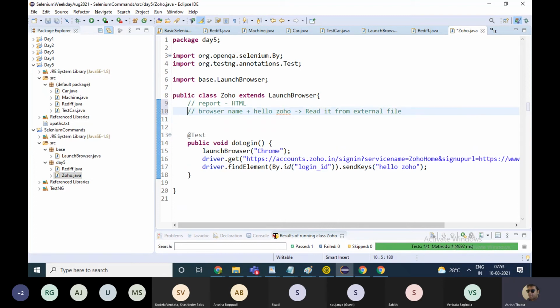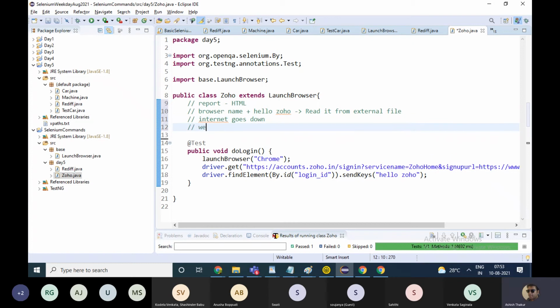So from this, what if there are a lot of things? What if internet goes down while the script is executing? What if the website goes down? There are different things which you have to take care of.